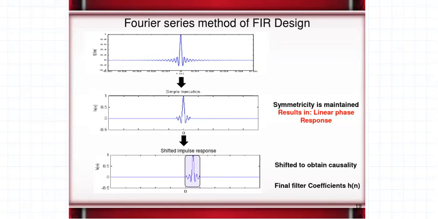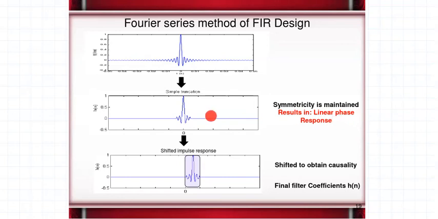So linear phase characteristics is a very useful characteristic of the filter, and it can be maintained in an FIR filter by maintaining the symmetricity. So if we get a symmetric impulse response, indirectly we have obtained the linear phase characteristics. That is the reason why when we truncate that infinite impulse response and make it finite to call it an FIR, we truncate it maintaining the symmetricity.